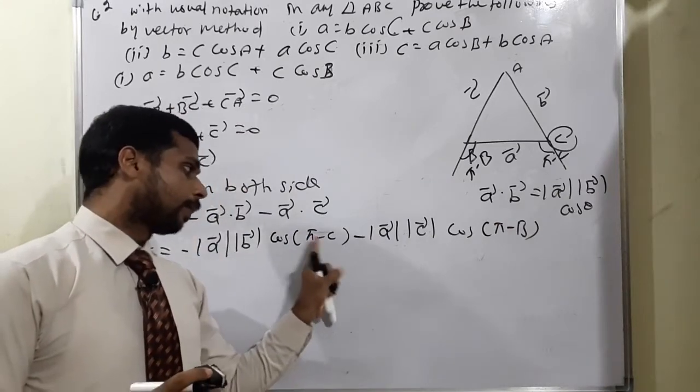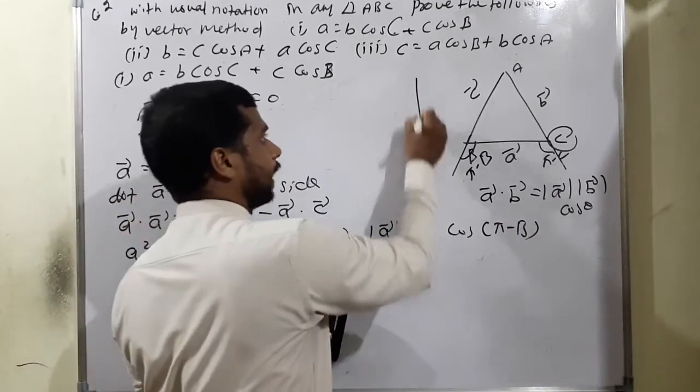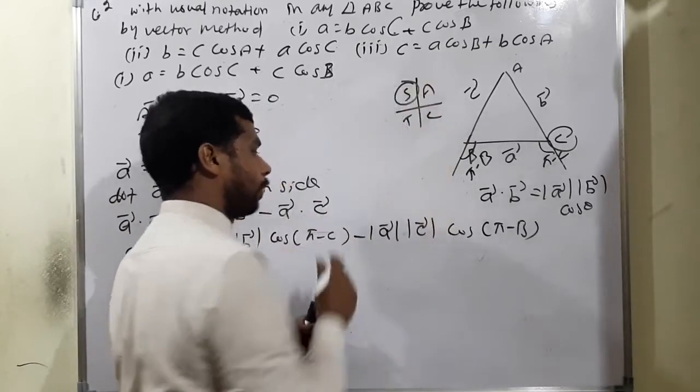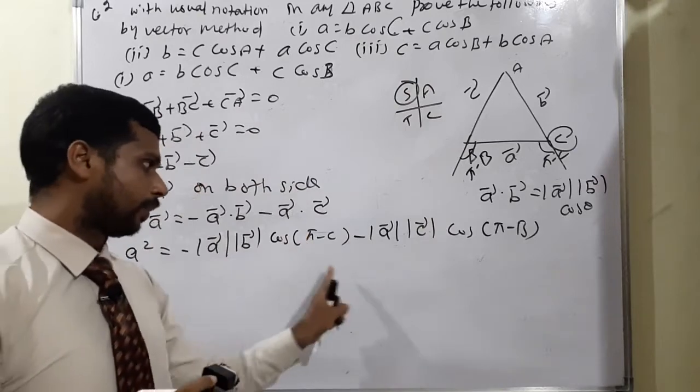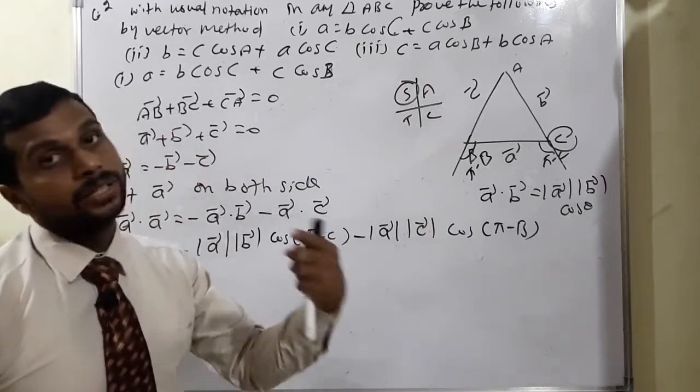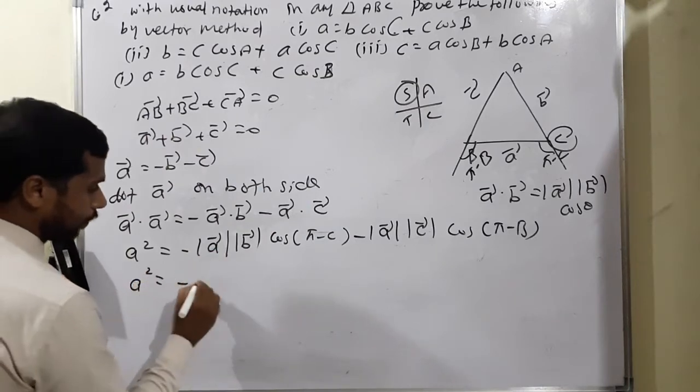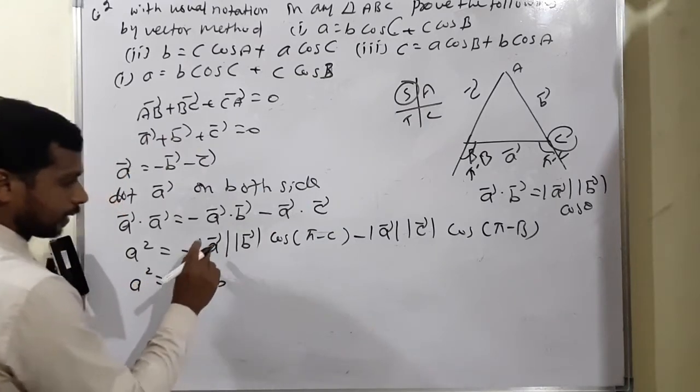What is the meaning? Pi minus C means definitely it lies in the second quadrant. Second quadrant means all silver teacup, means sine only is positive. So here we have a cos term, so definitely cos C will come, but negative cos C. So look at there. So a square is equal to minus of a b, modulus of a vector means a